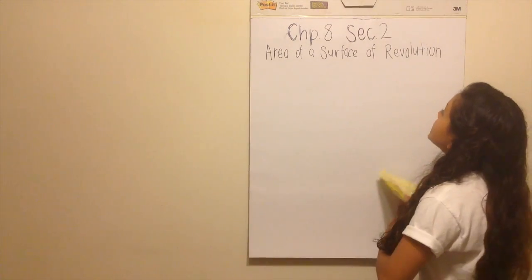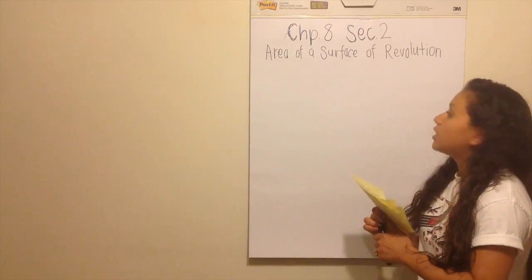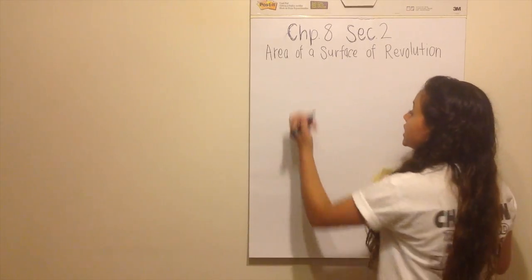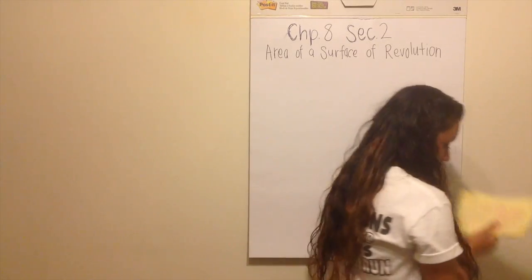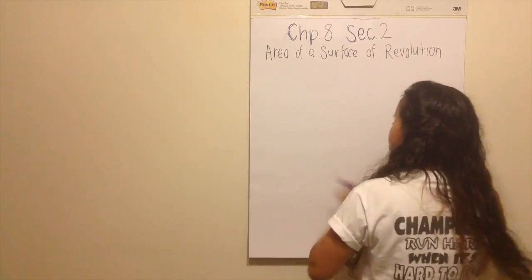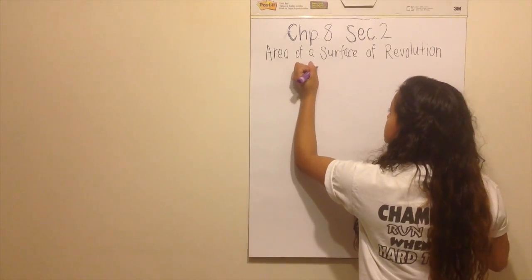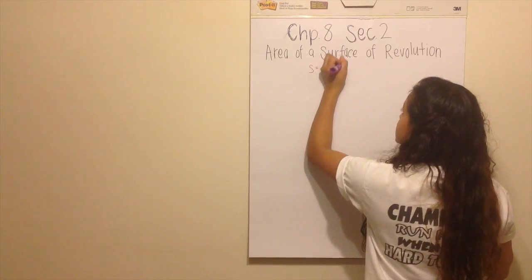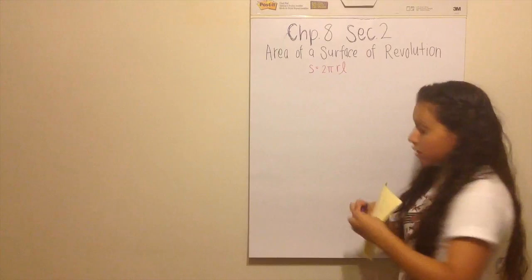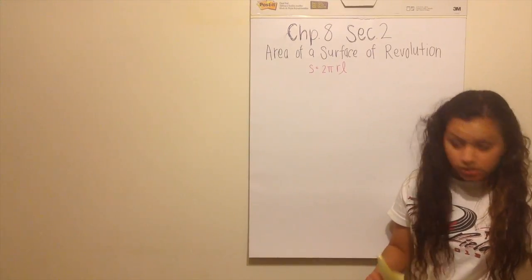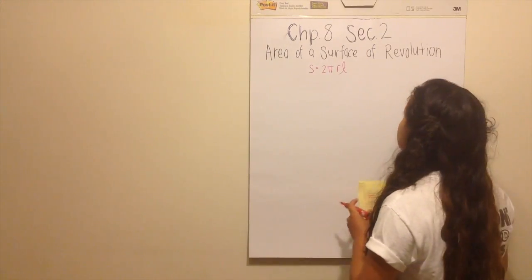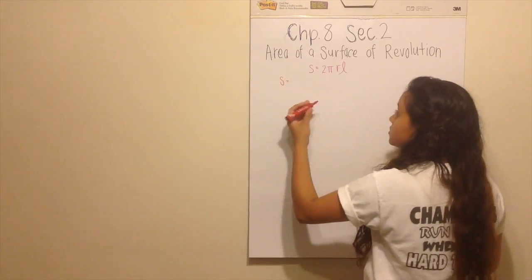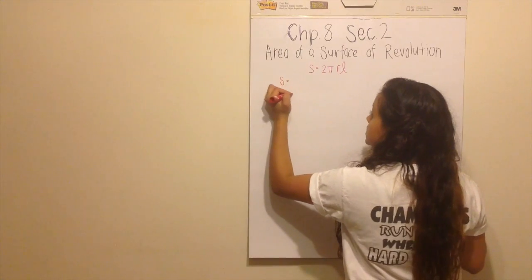Doing Chapter 8, Section 2, Area Surface of the Revolution. Now, if you recall, the surface area of a cylinder is 2 pi r, which is your radius, times the length. Well, if you take a look at our surface area of revolution formula, there's a lot of resemblance